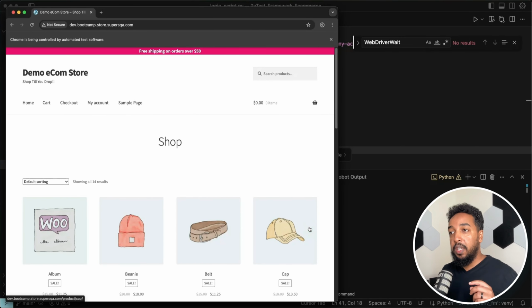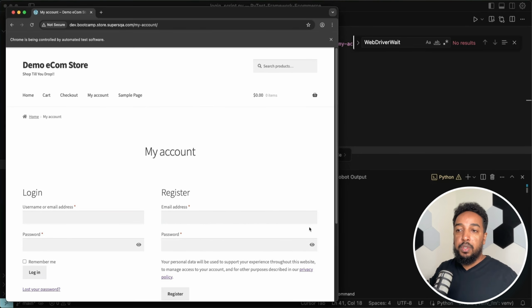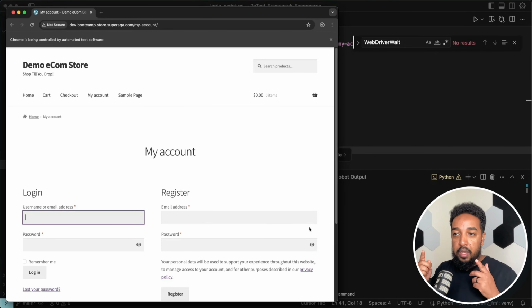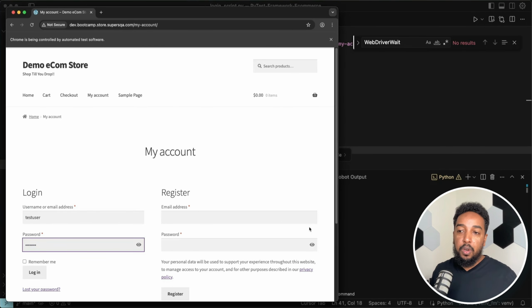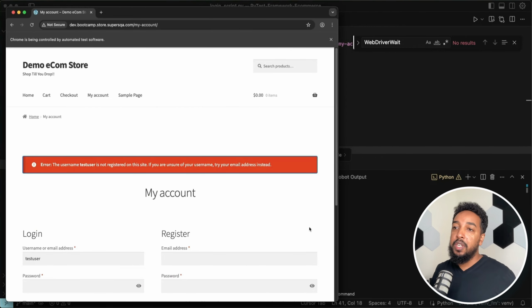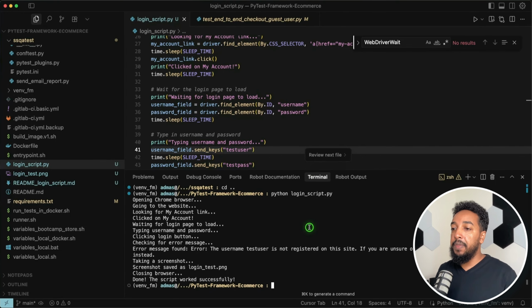It's going to wait 2 seconds because I made it super slow. We're going to see it with 0 seconds. I clicked on My Account. You're going to see it typing into the username. There you go. It's going to type into the password. There you go. It's going to click on login. Waiting 2 seconds. It seems like it's more than 2 seconds. And it's going to get this error message and check if this error message is correct or not. In this case, it got the correct message. Everything works. It said done. Script worked successfully. So that is an automated script right there.